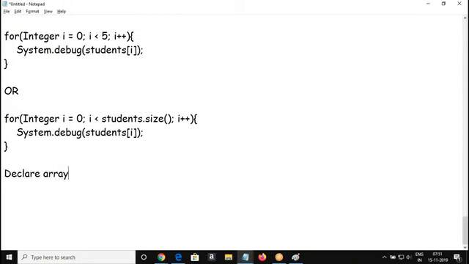So declare an array with 5 salary values, and display in the log one by one.